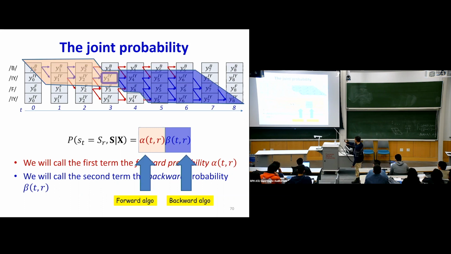And now the probability of alpha times beta is the total probability of the graph, including the red and the blue. So if you ask me the total probability of the subgraph that goes through any node in the table, all I need to do, first I compute the alphas for the entire table, then I compute the betas for the entire table. Then if you want this term for any node in the table, I just pick up the alphas and the betas and multiply them. But